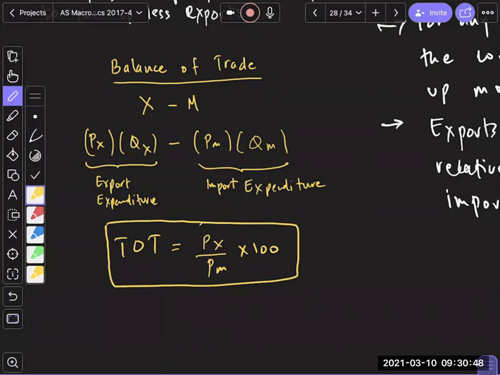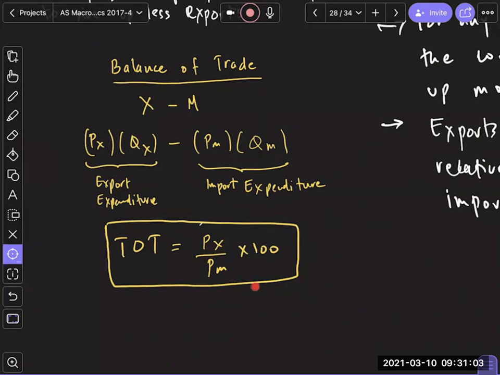Why would balance of trade be more important for us? Hania, any idea? Also, ratio of prices are not going to help me if I don't make money, right? For me, this is money, right? This is where the country's well-being will go up, when x minus m is probably greater than zero.